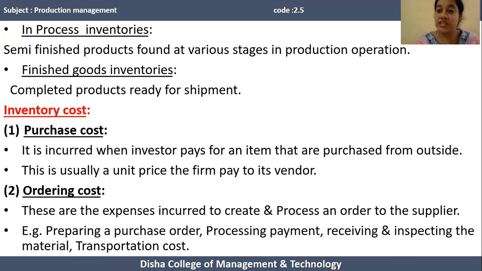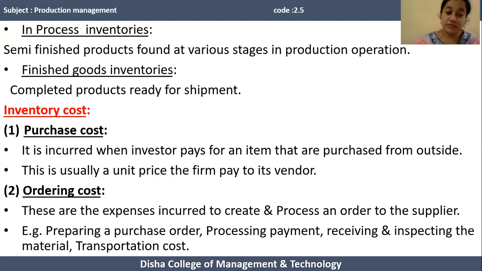For manufacturing certain items, the manufacturer is required to acquire some items from the supplier or vendor. So whatever the price the firm is required to pay, or whatever the cost the organization incurred for procuring certain items for manufacturing a certain product, these costs are known as purchase